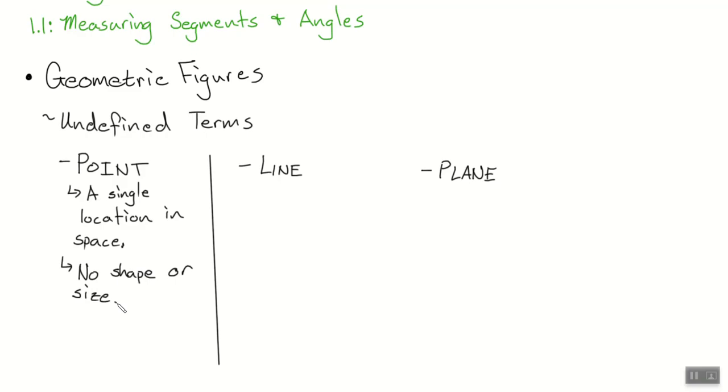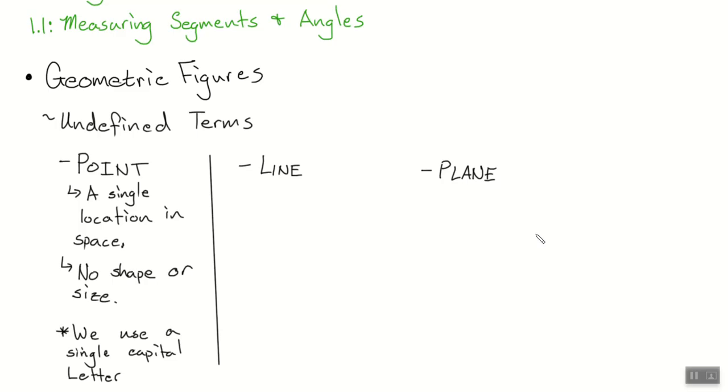Now, the last little thing that we're going to deal with is that when we're talking geometry, notation is more important than it's been in any other math class that you've taken. We have to be careful and use it to agree that we're talking about the same thing. To denote these, or to write these down, we use a single capital letter. Always, always, always, which is why you will learn the NATO phonetic alphabet.